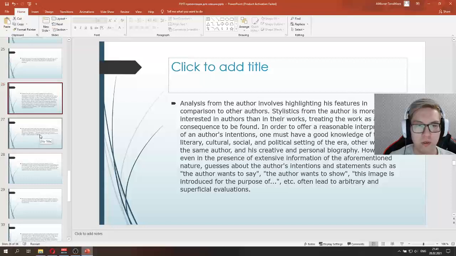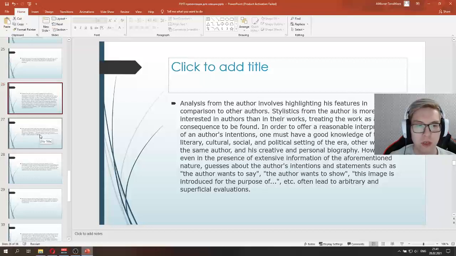In order to offer a reasonable interpretation of an author's intentions, one must have a good knowledge of the literary, cultural, social, and political setting of the era, other works by the same author, and his creative and personal biography. However, even in the presence of extensive information of the aforementioned nature, guesses about the author's